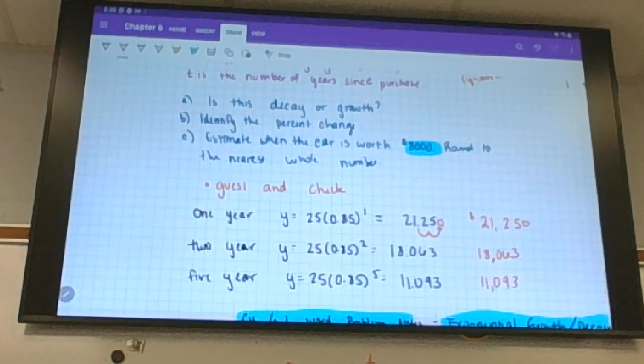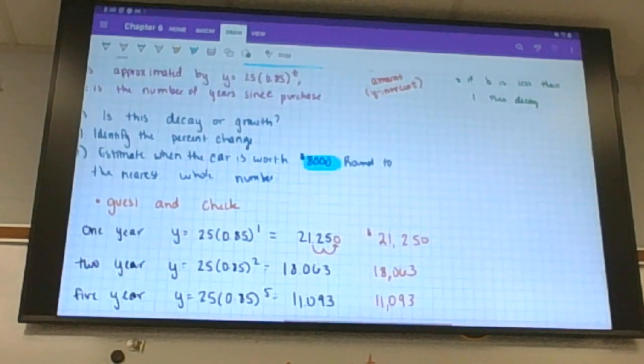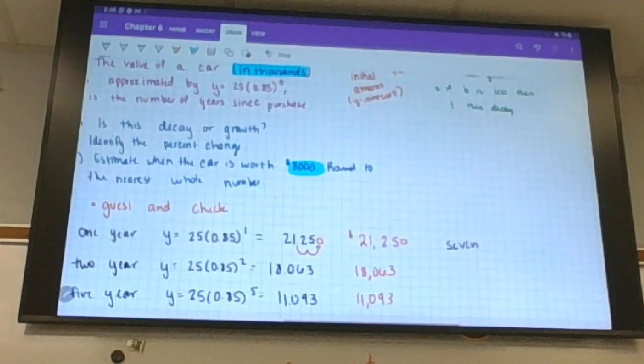Alright, 5 years later, your car went from 25,000 down to $11,000. We're trying to get to 8. Has anybody got to 8,000 yet? What'd you get, Carson? 7 years? Alright, I'm jumping to 7 years. Alright, $25,000 car goes down 15% each year. In 7 years, it's worth